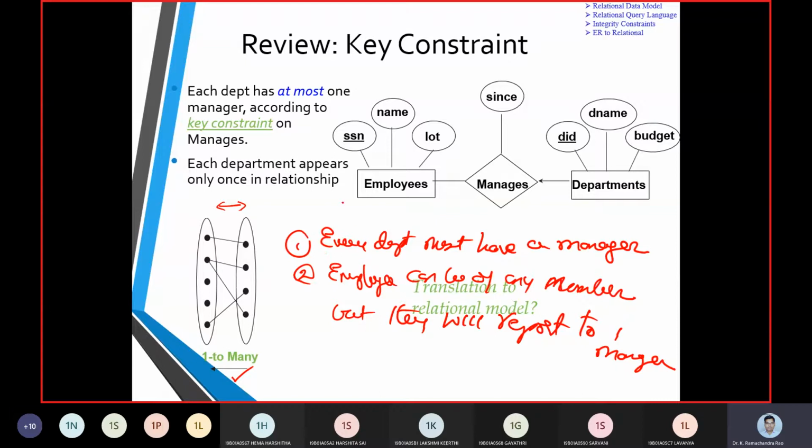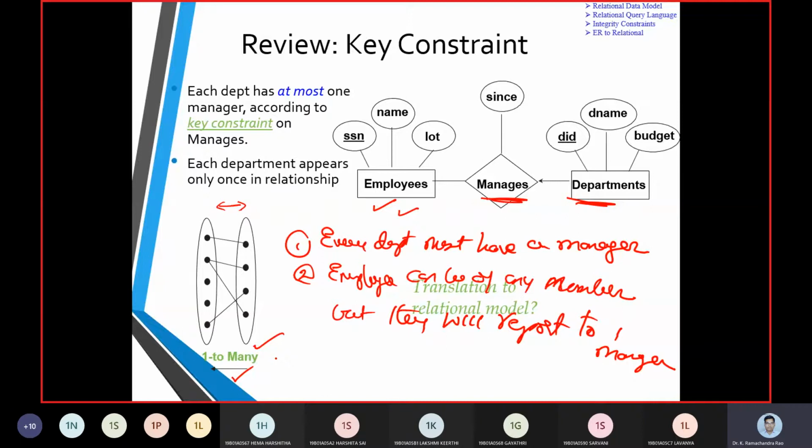So for every department, we should have one manager, and whoever the employees are, they are going to report to the manager. What is this relation called? We call this a one-to-many relation.